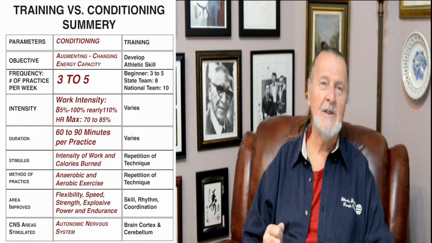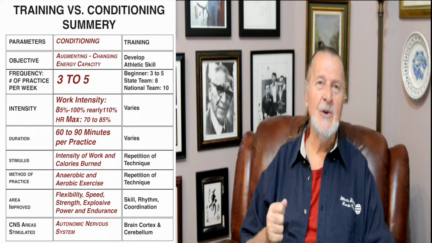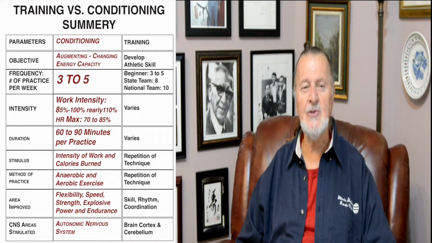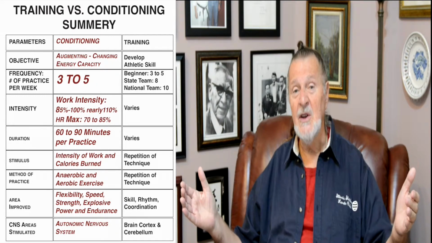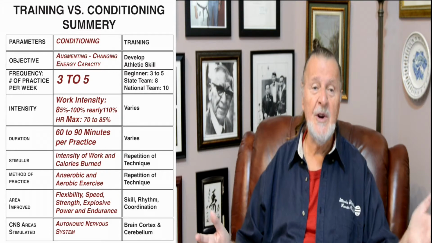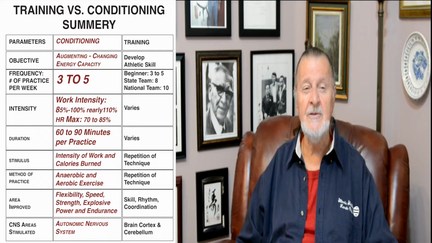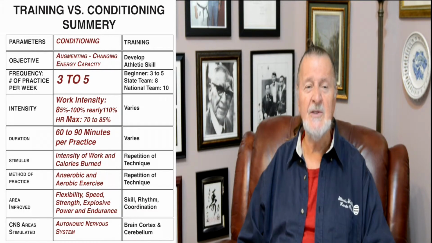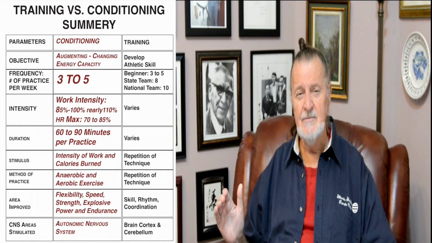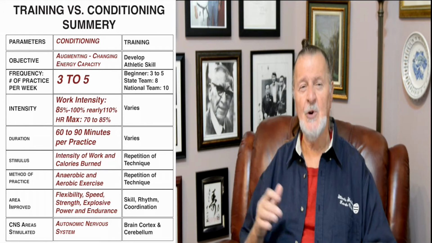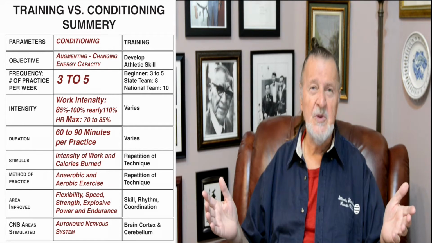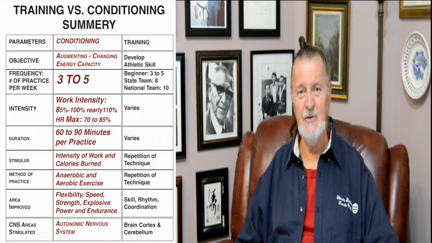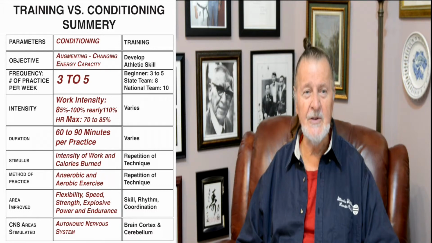Sometimes you really want to push athletes physically to see what he or she can do. But the usual way is to reach 70 to 85% of maximal heart rate. In training it varies. You can do whatever you want. Now, duration of conditioning exercise, 60 to 90 minutes per practice. To go too much may not be good, especially if we are approaching 5 times per week of conditioning practice. In training it varies. You can train for 5 minutes, you can train for 30, 40, whatever minutes.